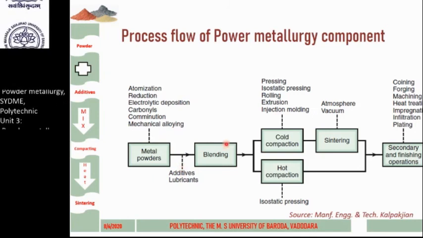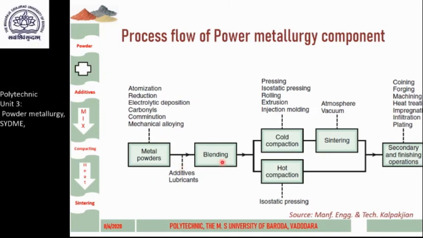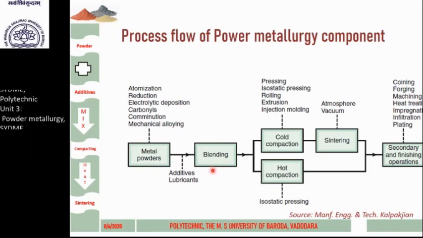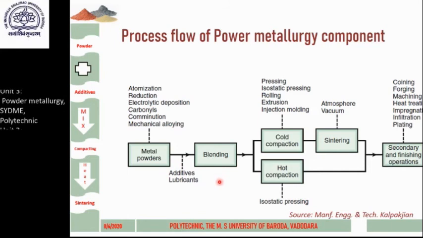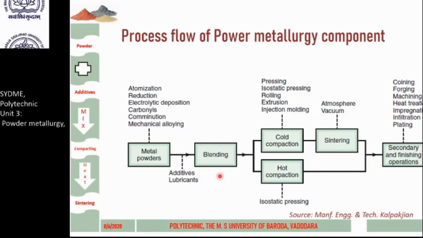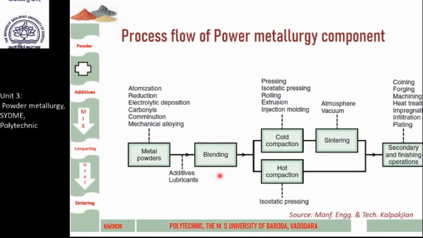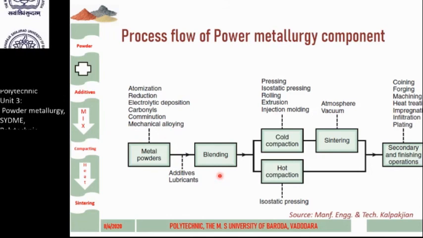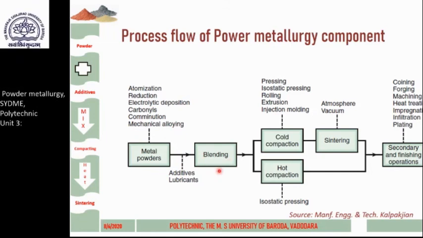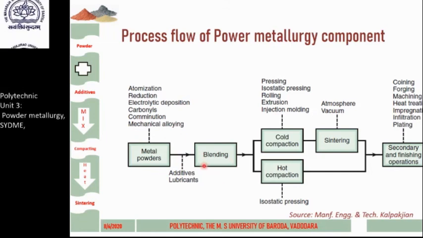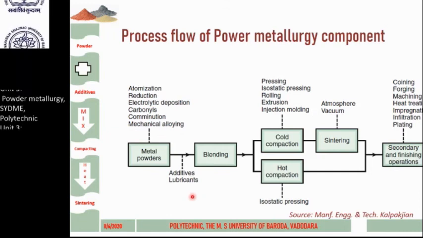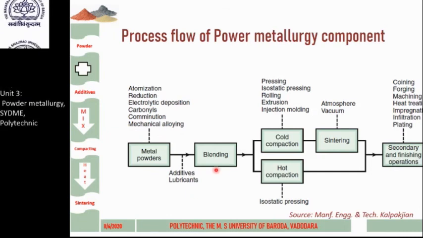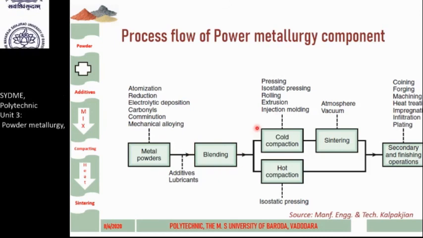Thereafter mixing is done in a machine in a blending operation. You generally would have seen this in your home in the mixers and blenders, where we try to mix things thoroughly and to a great extent, where everything would be in the same phase. Once we have this blending action done to mix the powder and additive thoroughly so that everything is very well mixed together, then the next step